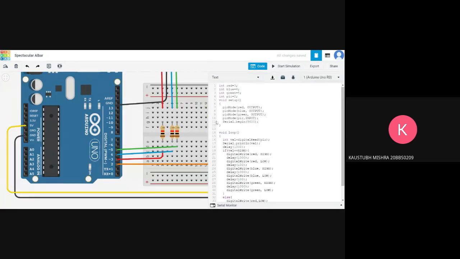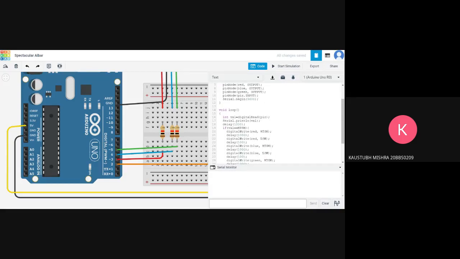And then comes this function, serial.begin 9600. So the 9600 is the baud rate, or in very simple terms, just the rate at which data is being transferred. That's all there is to the 9600. You don't need to be confused by it. And serial.begin is just initializing this thing, serial monitor. So anything you need to print, like hello world, hi, how are you doing, that appears over here. This is basically the command prompt of the Tinkercad.